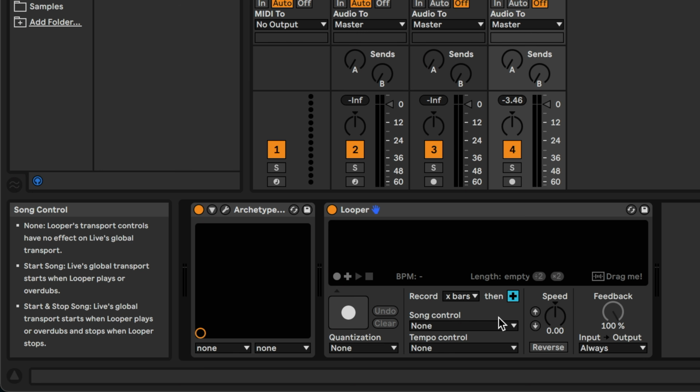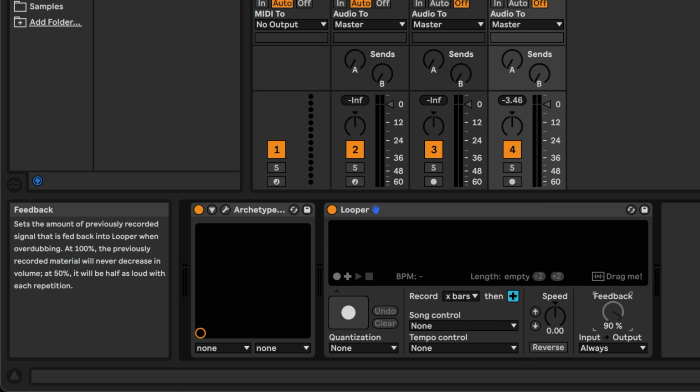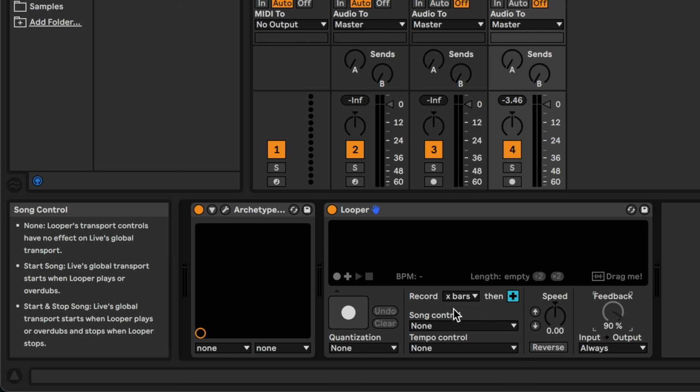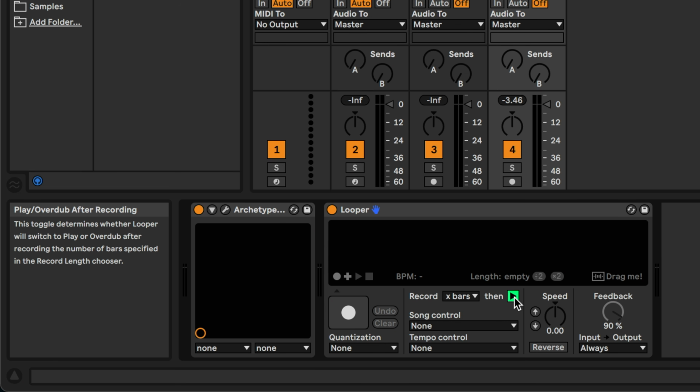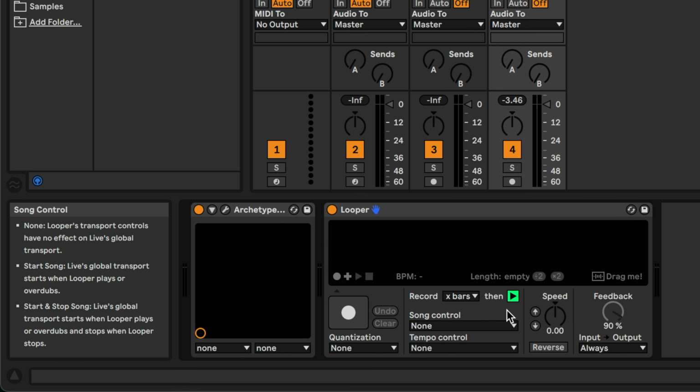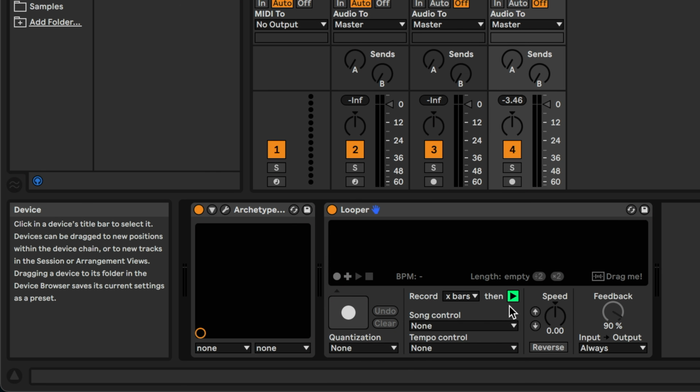I keep the record length at the default X bars because I want to manually control the length of the loop, but I do change it to switch to play instead of overdub after recording the first loop. If you want to immediately add another layer on top, you can leave this on overdub. Okay, the looper is set up in a way that makes sense for my specific performance idea, so let's give